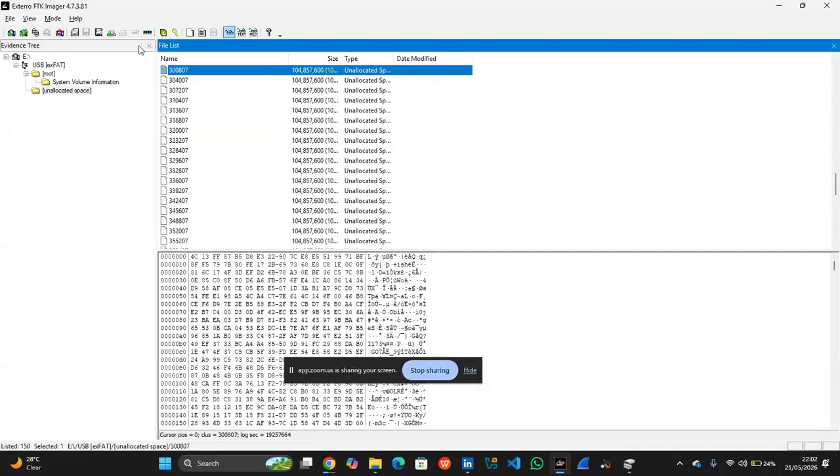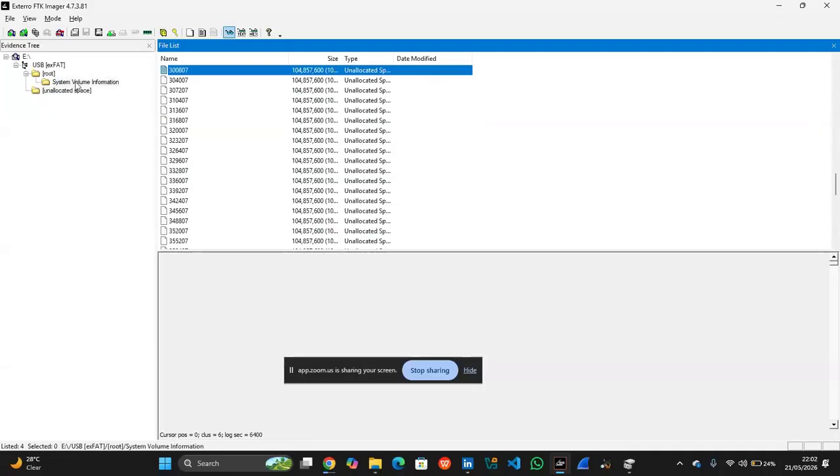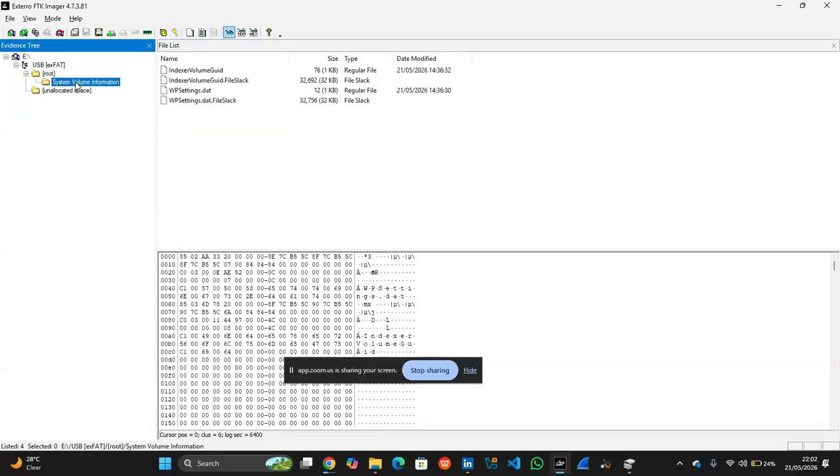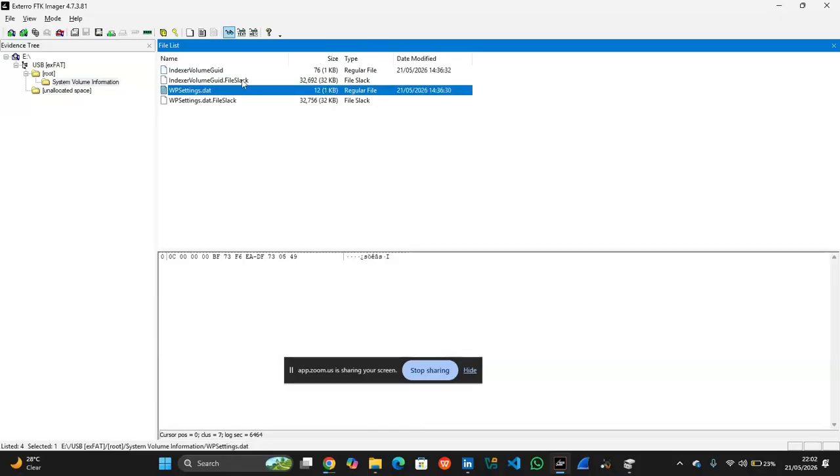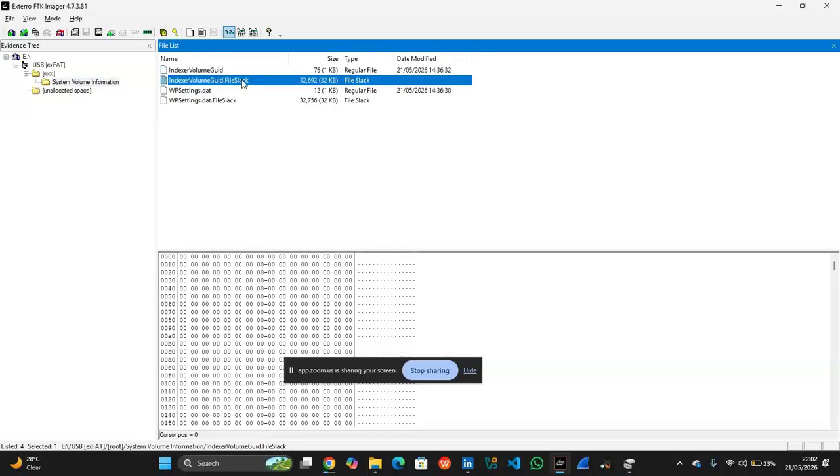And don't forget, I showed you guys that the USB device was actually empty, right? Normally, if you go to Windows Explorer and click on the USB drive, there's nothing in it. We also have this. I think these are just files that run the USB device, like the file system of this particular USB device.